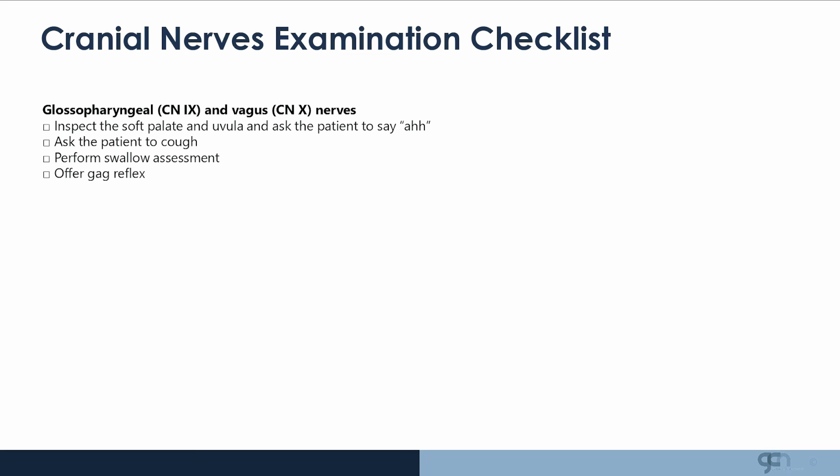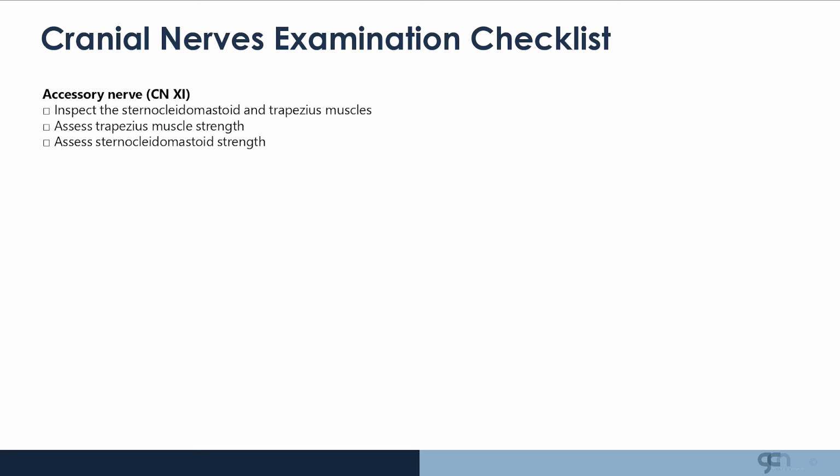Cranial nerves 9 and 10, the glossopharyngeal and vagus nerves, are examined together. First, inspect the soft palate and the uvula, ask the patient to cough, perform a swallow assessment, and offer to perform the gag reflex. The accessory nerve, or the 11th cranial nerve, is examined by inspecting the sternocleidomastoid and trapezius